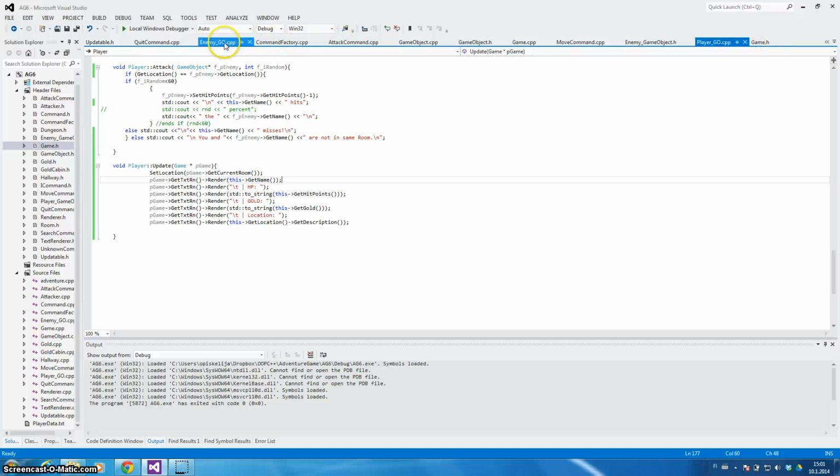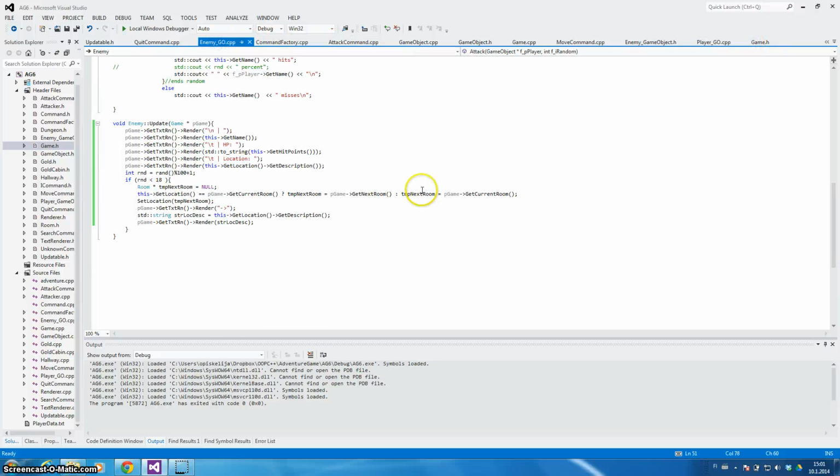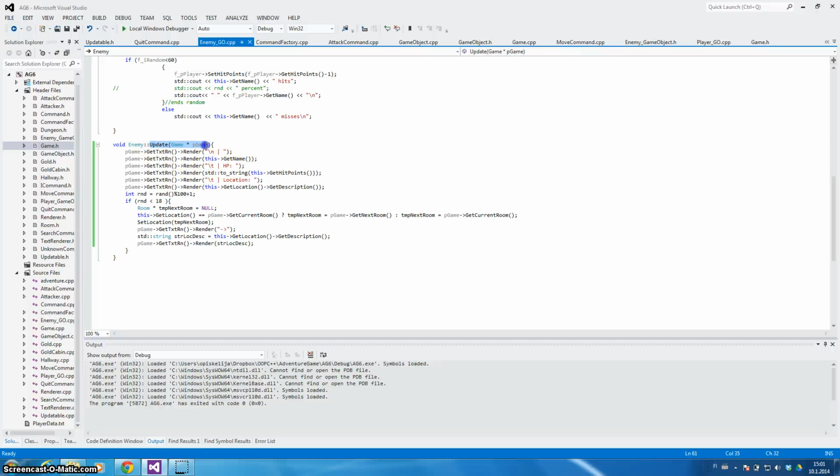Then there is also the enemy, which has its own update, and when the enemy update is called, then there is